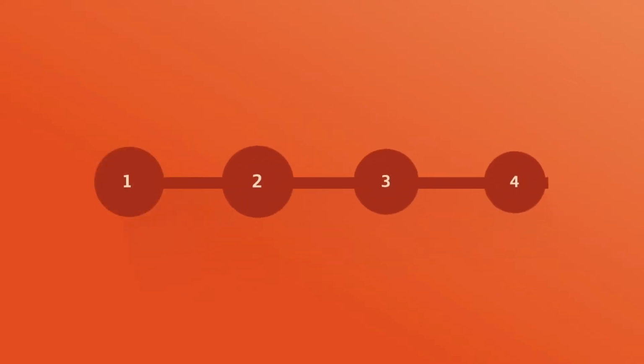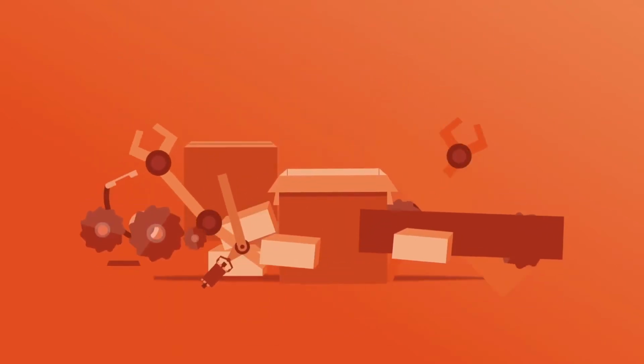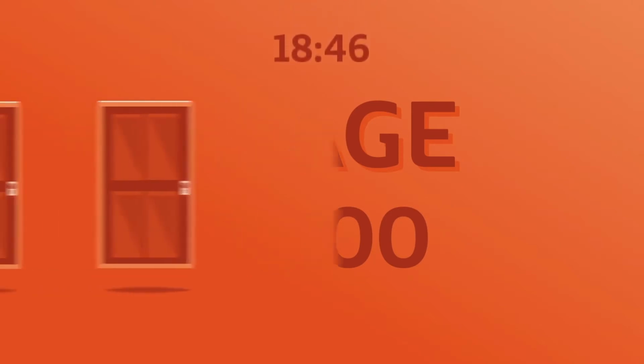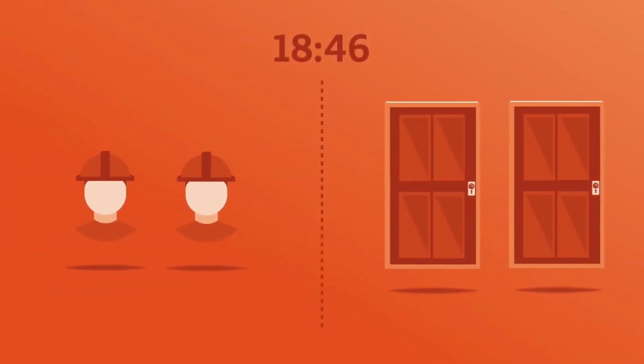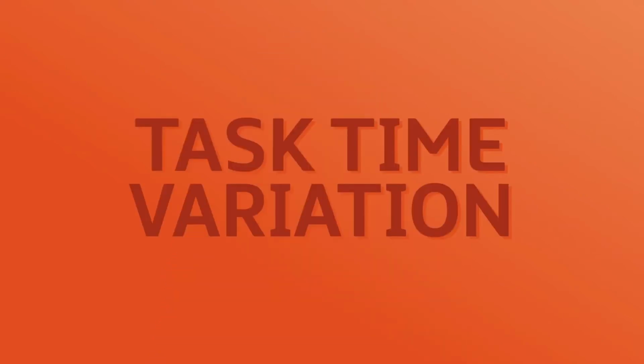We can imagine a line of 4 stages, each contributing a quarter of the total work content in processing a door. In reality, things are never so neat. Each stage may take 15 minutes on average. This time will vary because no 2 doors and no 2 workers are the same. Quality of the wood may vary, requiring more time or less time to plane and sand. There are usually slight variations in the efforts of each person or the performance of each machine in the line. This is known as task time variation.